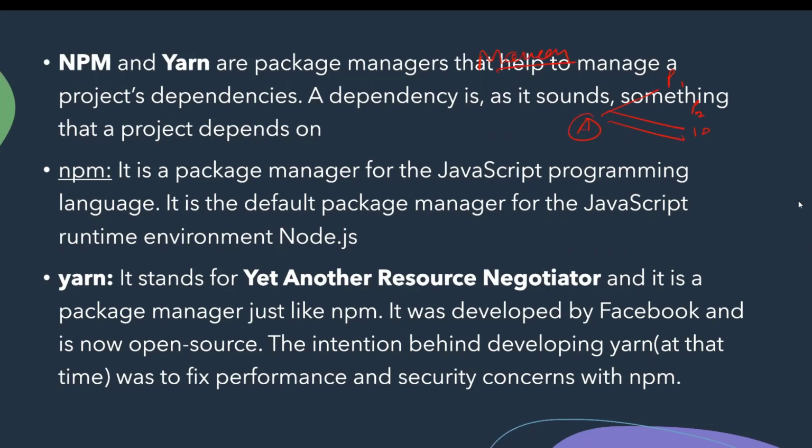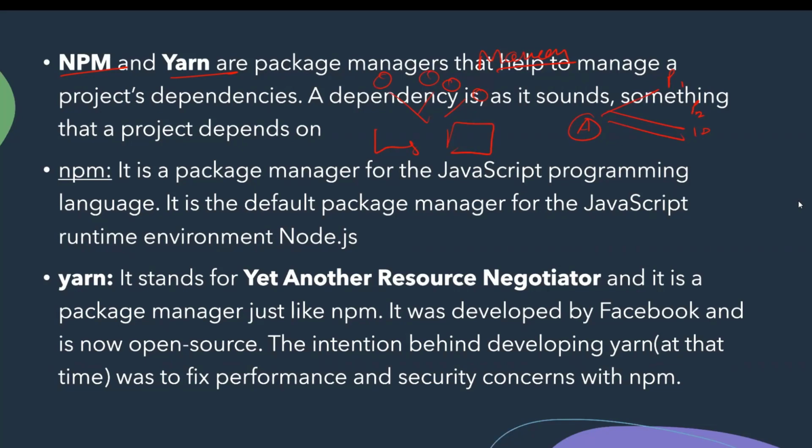In a similar way, in the JavaScript world, npm and Yarn are the two package managers whose responsibility is to get the information from different sources and make it available for your project, so that your project can run smoothly.